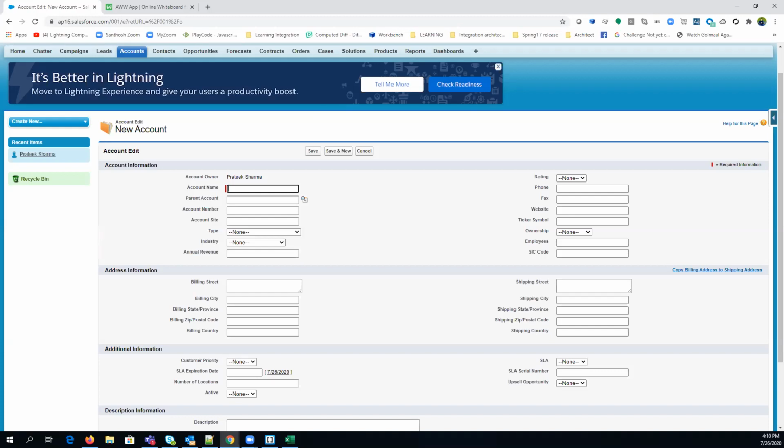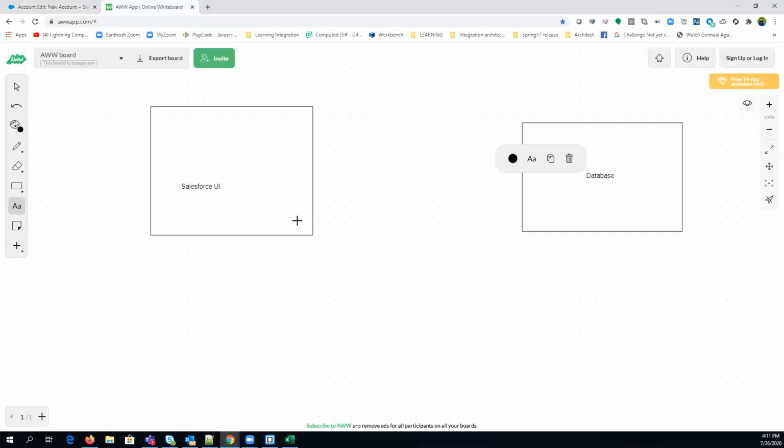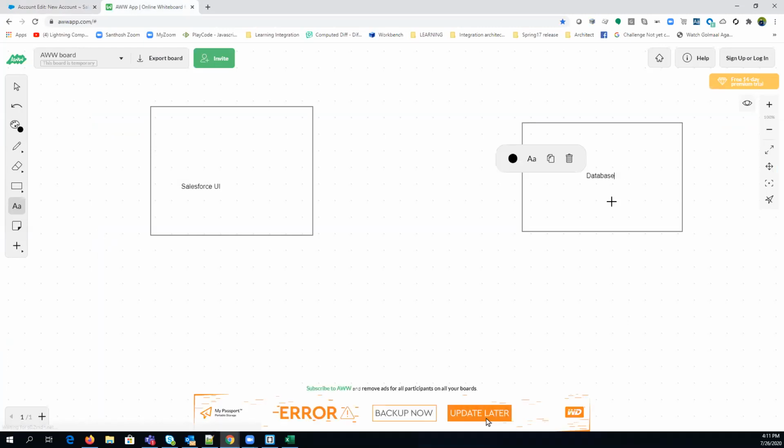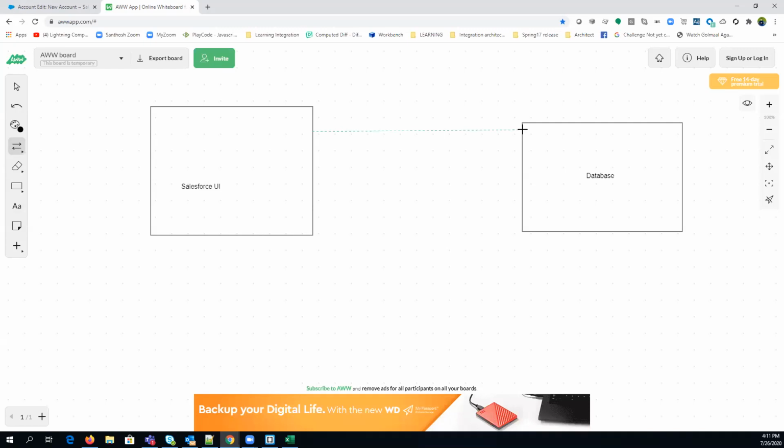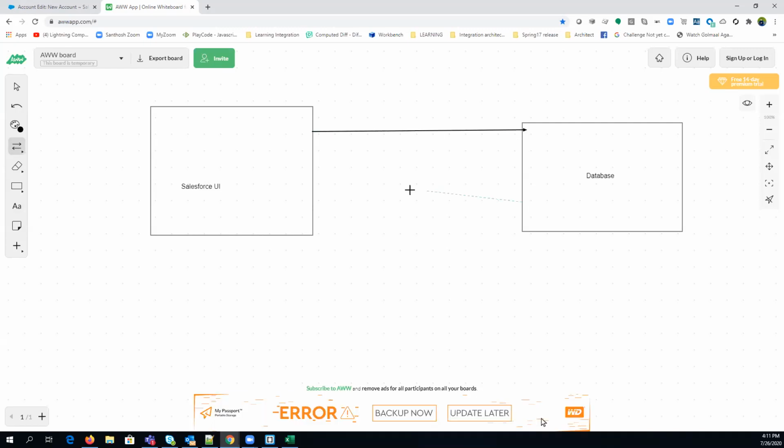Now if I talk about .NET, Java, or anything, in that case you have to create a connection between your front end and your database. Let's put some arrows here. You have to create a connection with the database to put some information, and then close the connection when the complete information is saved into the database.